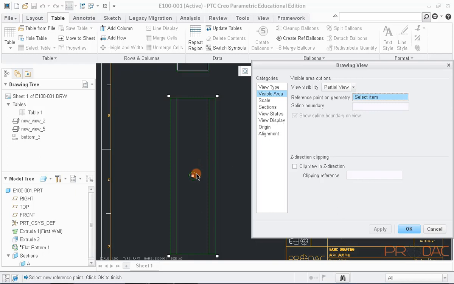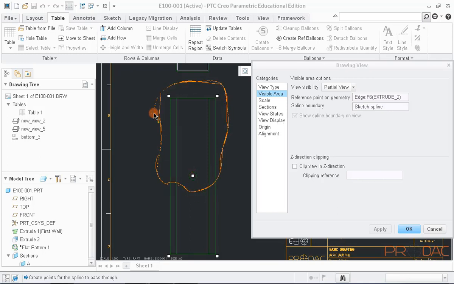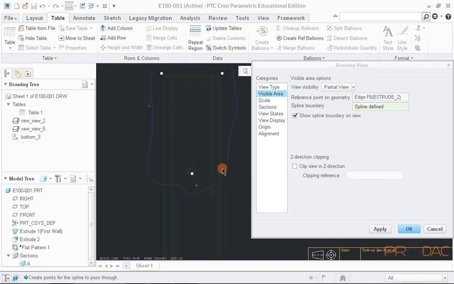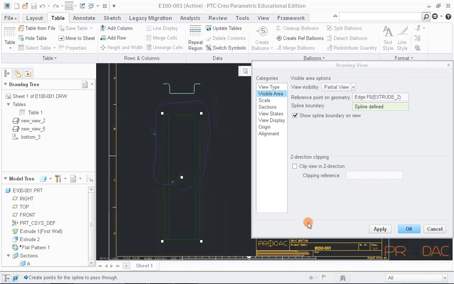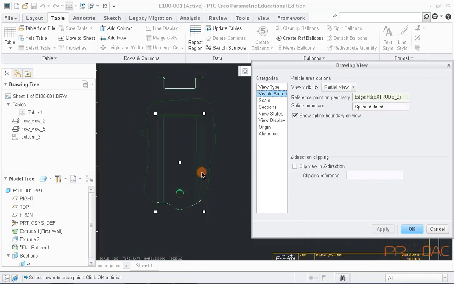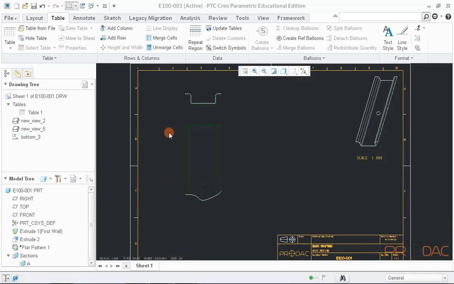Select the whole edge as reference point and then draw a freehand sketch to enclose the view need to be shown. Remember that the point selected should remain inside the profile. So now we have partial view ready.